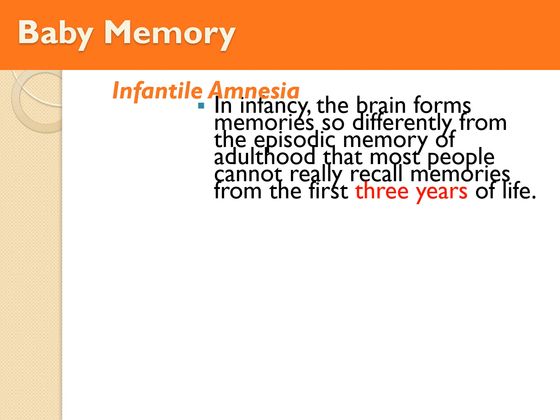When we look at memory, we have something called infantile amnesia. Around the age of 3 to 4 years old, everything prior to that gets wiped out. It's like a clean slate. You don't need to remember how to live in amniotic fluid. You don't need to remember how you learned to walk. It's now becoming a process. Process memory stays there, but episodic memory, or things that happen in your life, go away.